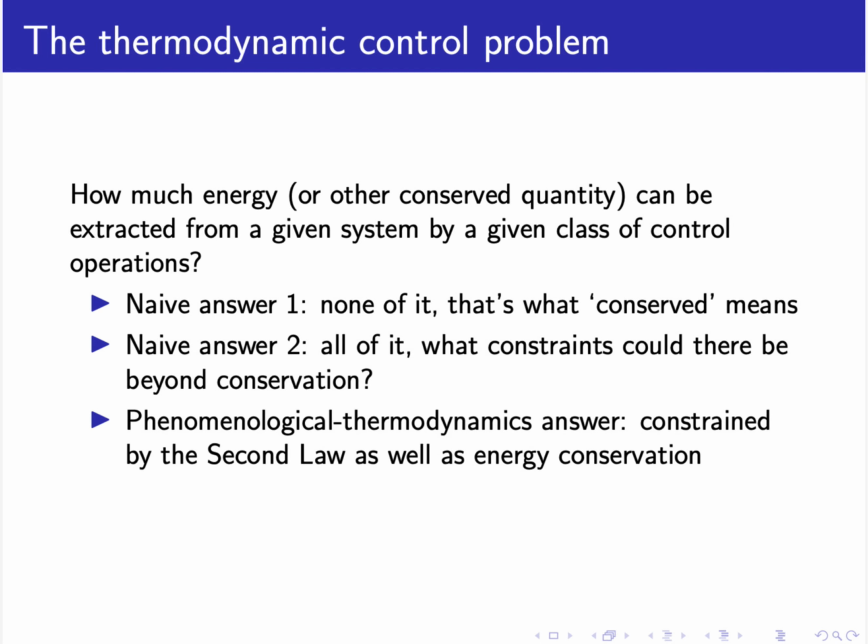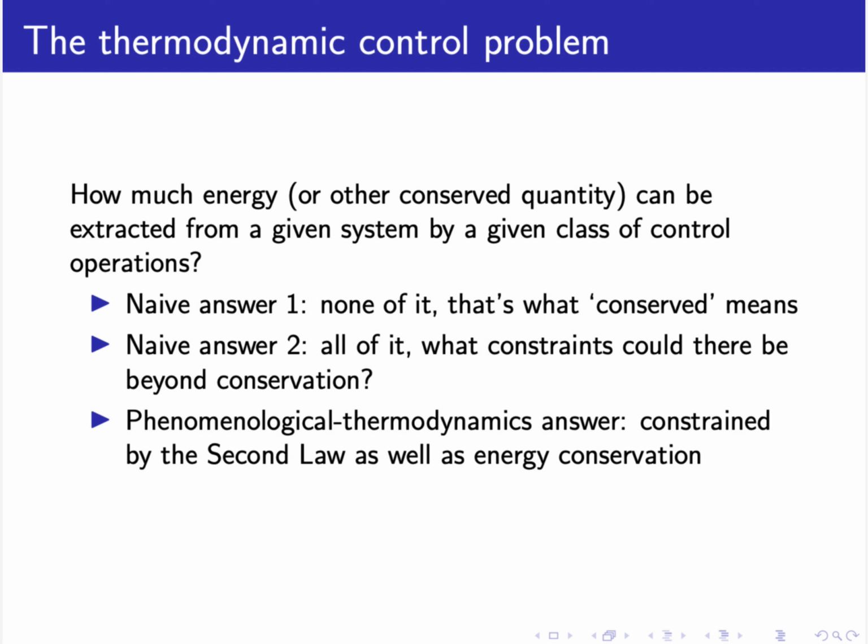And of course, phenomenological thermodynamics, by which I mean the thermodynamics that was developed empirically, largely in ignorance of the micro-world in the 19th century, gives an intermediate answer here. It says you can get more than none of the energy out, but less than all of the energy out. And specifically, the amount of energy you can get out is constrained by the second law of thermodynamics, as well